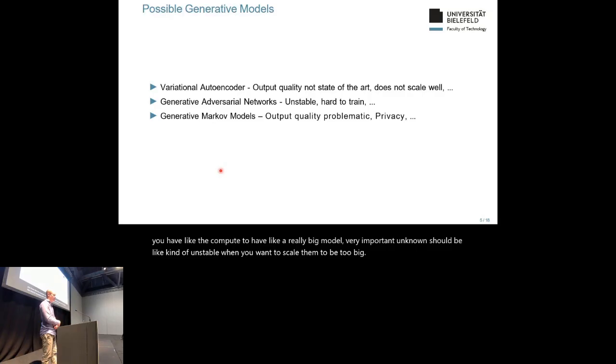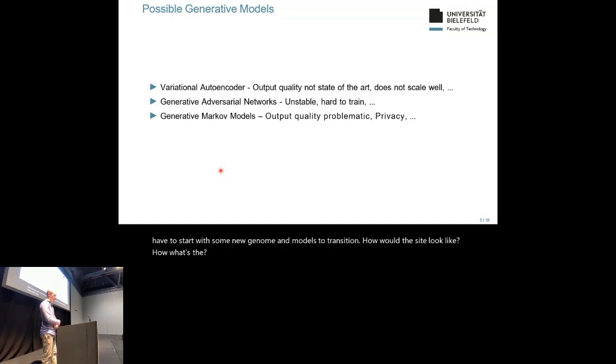Actually, GANs also have similar problems. They are very unstable, hard to train, and in general just have worse quality than diffusion models and generative Markov models. Actually, they are quite nice to model these transitions, but a lot of the times the data you have afterwards, you have to start at some real genome, then you model the transition, how would the child look like,